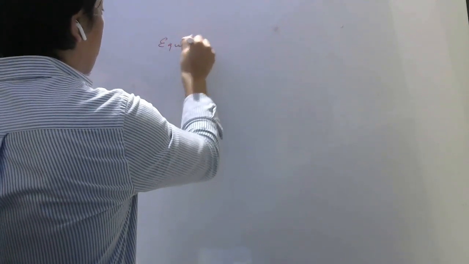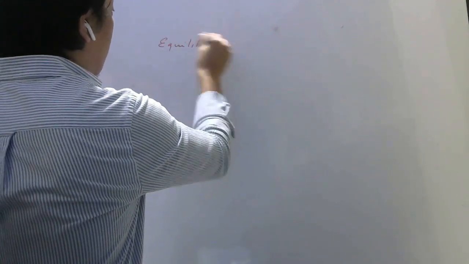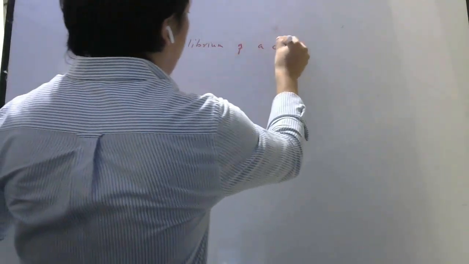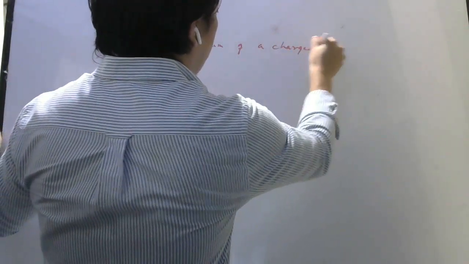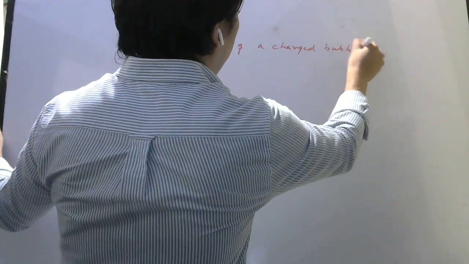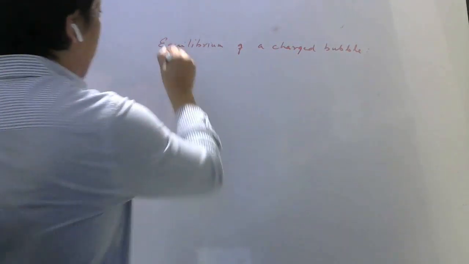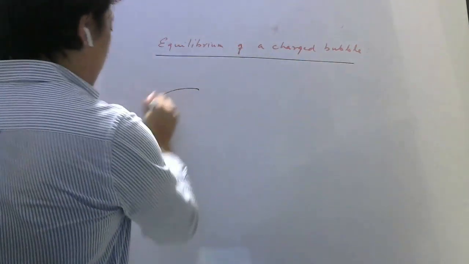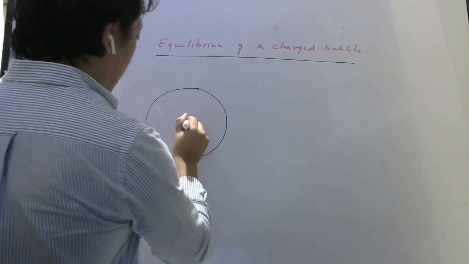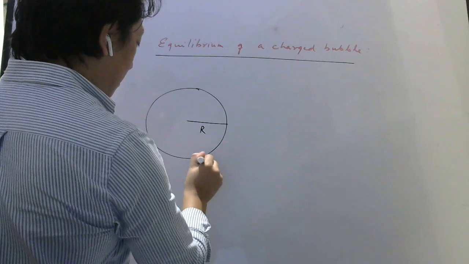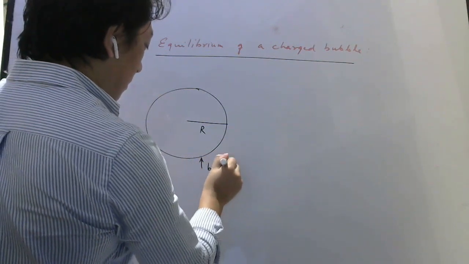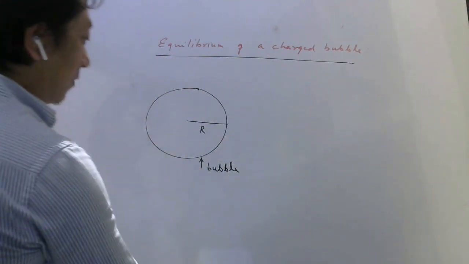So this is equilibrium of a charged bubble. Okay, so imagine you have a bubble of radius r. This is a bubble. Now if it is uncharged,